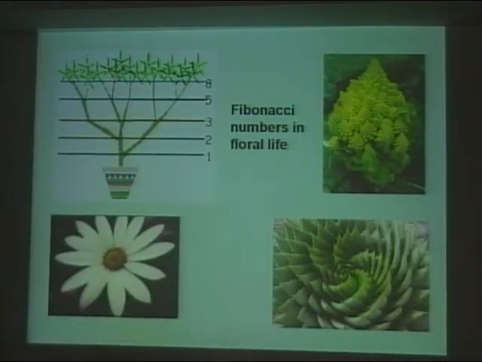And here's just a flower. And how many petals are there in this flower? I'll tell you, there are 13. Flowers tend to, the number of petals on a flower tend to be numbers in the Fibonacci sequence. Roses have 5. Is that in the Fibonacci sequence? Yes. All flower petal numbers tend to be numbers from the Fibonacci sequence.